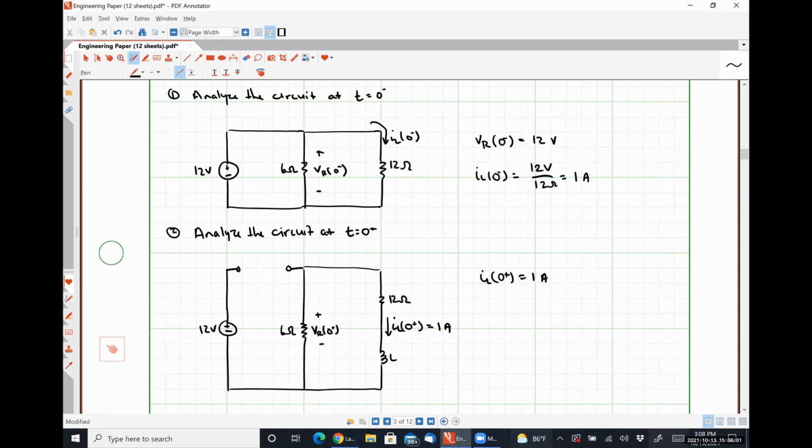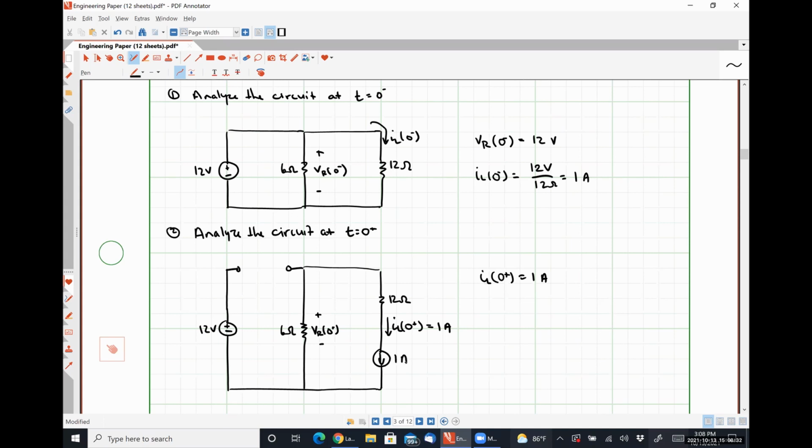This inductor is going to have 1 amp's worth of current flowing through it, direction down. So at t equals 0 plus and only then, this inductor is behaving like an independent current source. It is forcing a fixed amount of current to flow through the circuit, regardless of the voltage drop over the inductor itself. So we can model this inductor